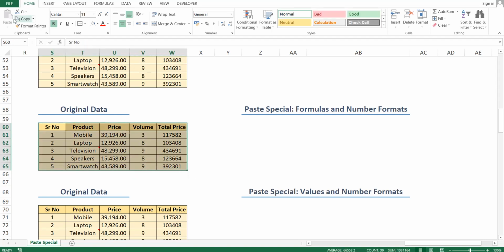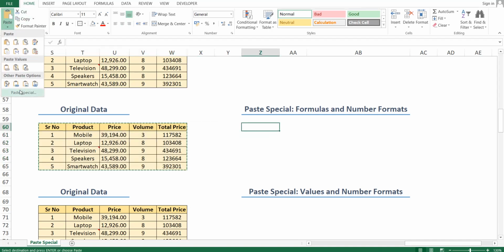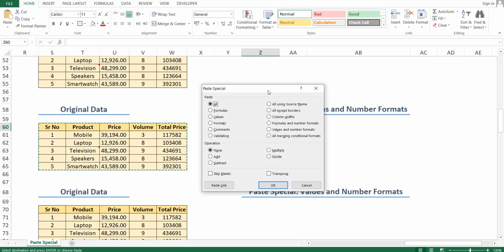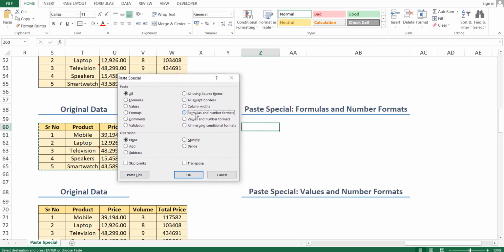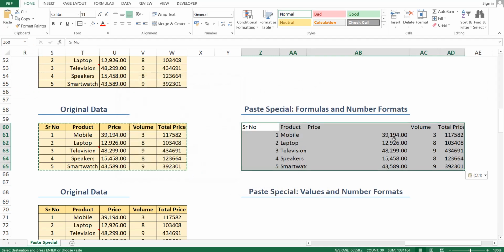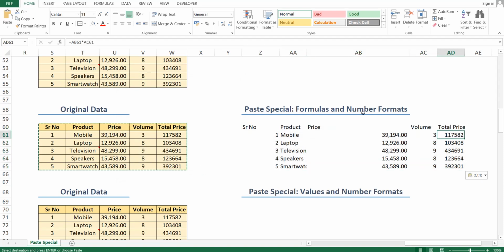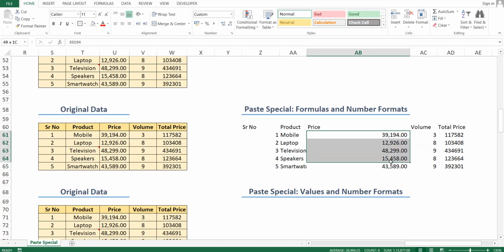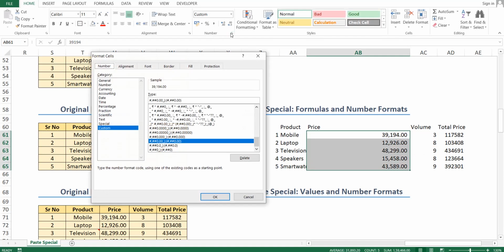First select the data, copy, select the desired location, then under paste special we have to select formulas and number formats. Yes, you can see formulas will get copied as it is. You can check in the formula bar, as well as under number format you can check the custom number format is pasted as it is.